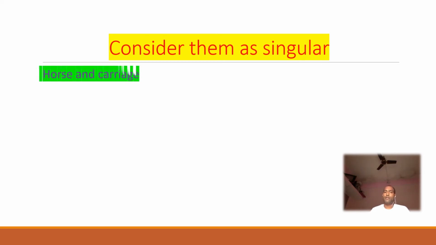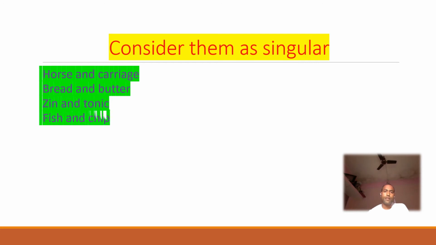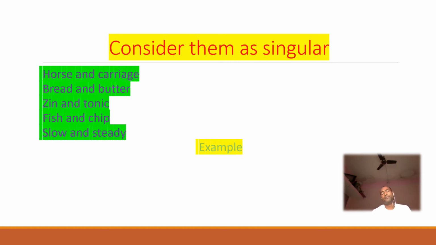Horse and carriage, they come together, right? Still you can see here two words, but it is a singular subject. Horse and carriage, bread and butter, drink and tonic, fish and chips, slow and steady. This word takes a singular verb. So slow and steady